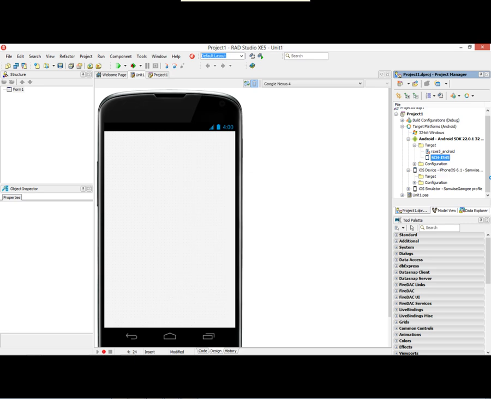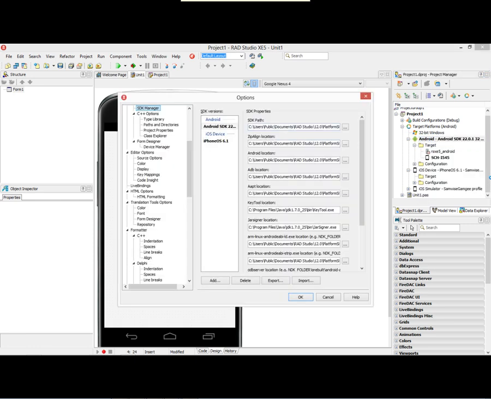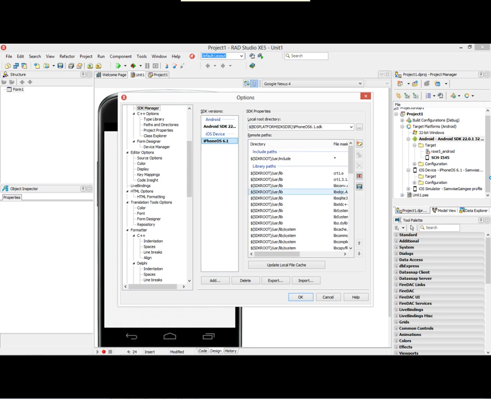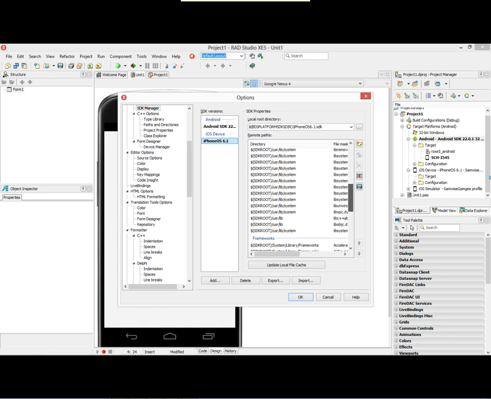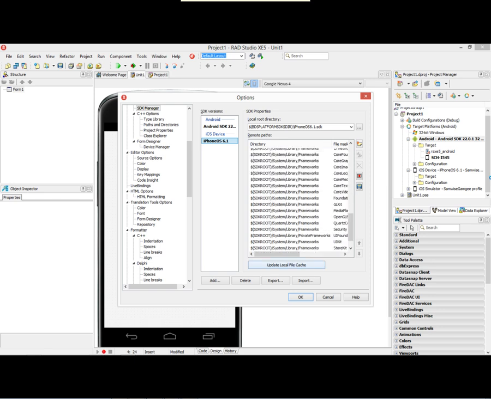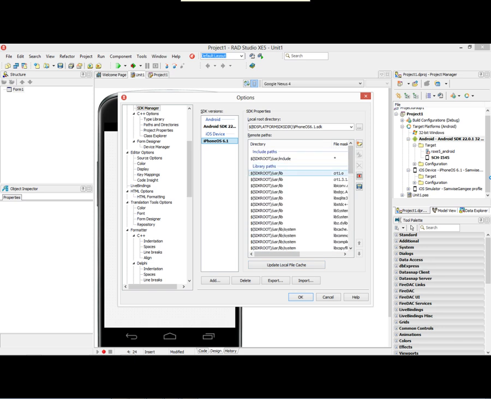When it's enabled, it's there, and we can go and look at the target information. We set up the SDK. There's the SDK manager for Android and the SDK. So when I set up an SDK for iOS, here's the location of all the libs over on my iOS side, and this was all connected because of the ID connected to the PA server, and we can always click update local file cache, which just updates where all these files are as part of the linking and deployment on